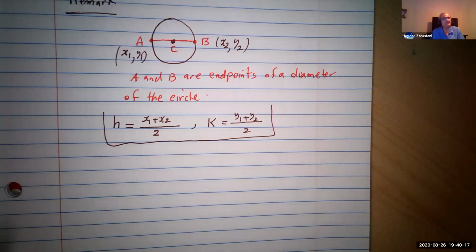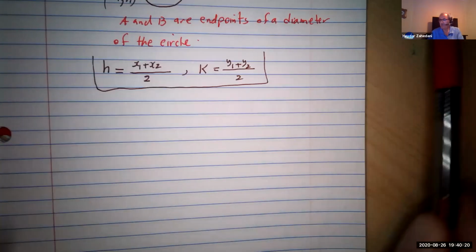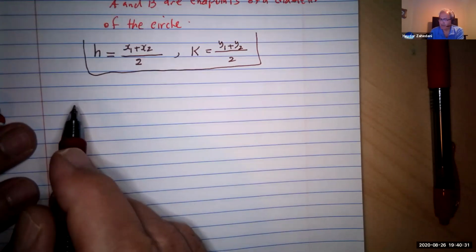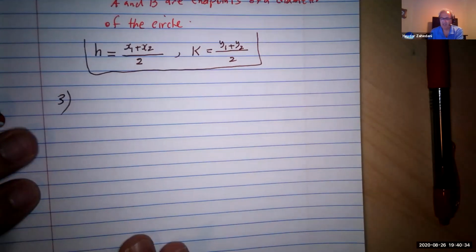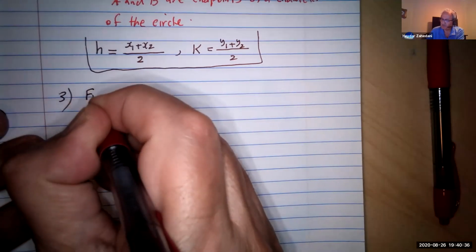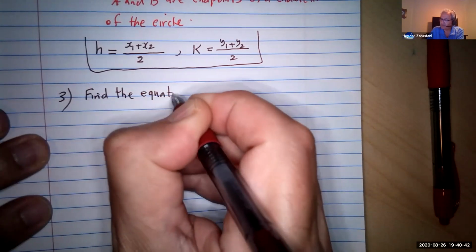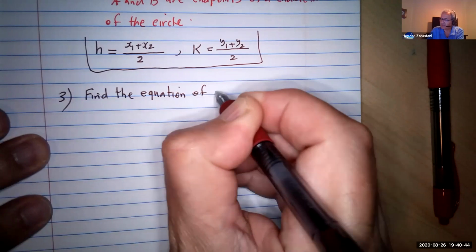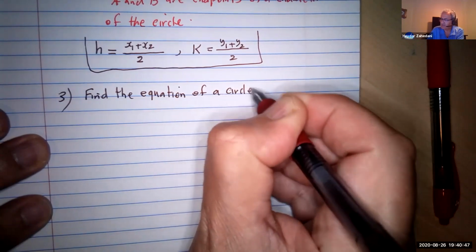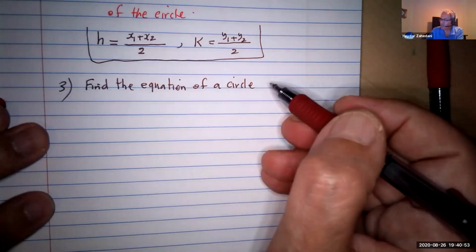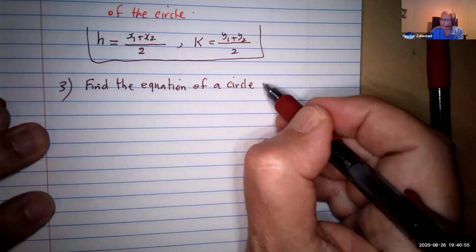Now I give you the problem. You have 5, I think 4 in your assignment. And that's a good option. So make sure you know it. So this is going to be example number 3. Example number 3, we want to find the equation of a circle. Find the equation of a circle such that